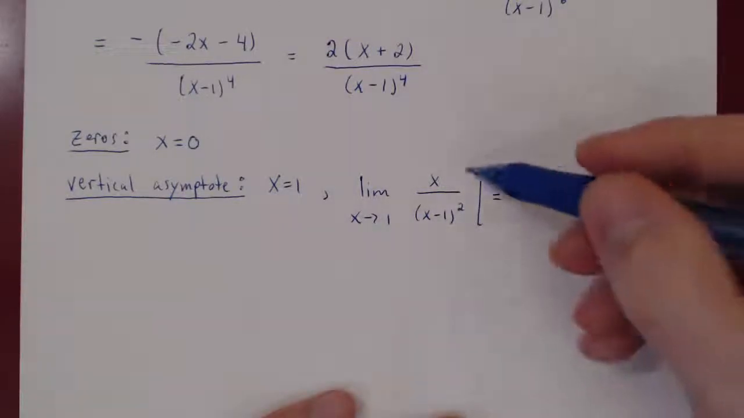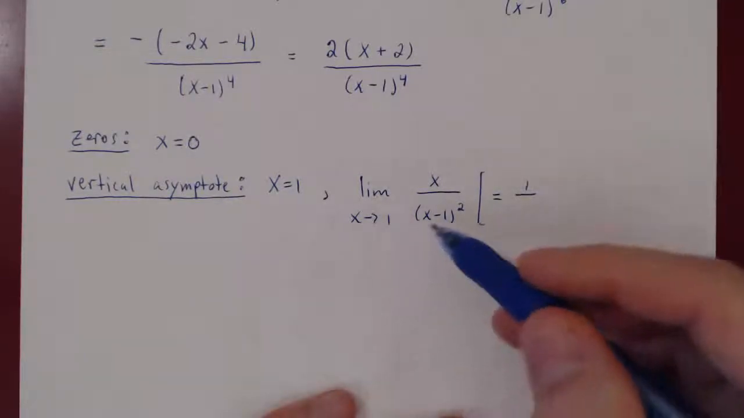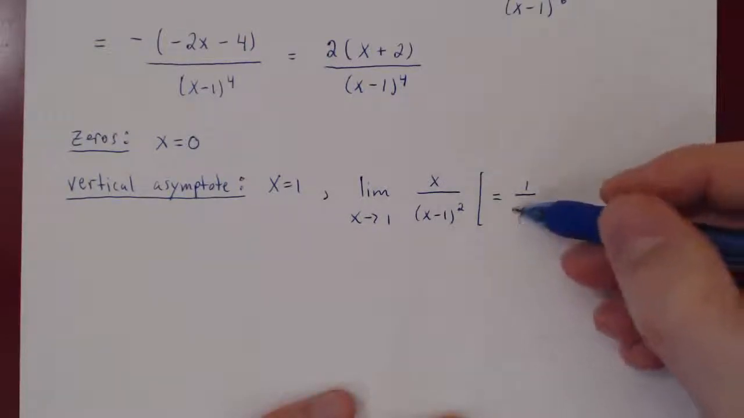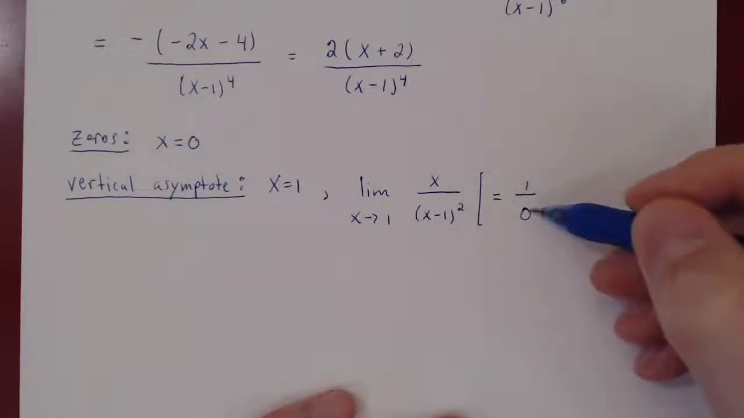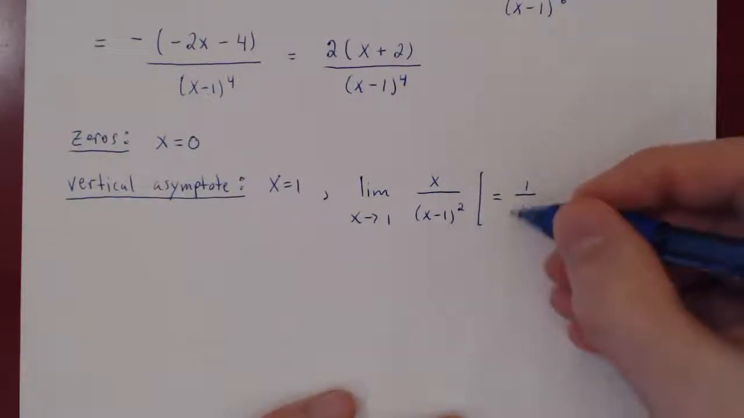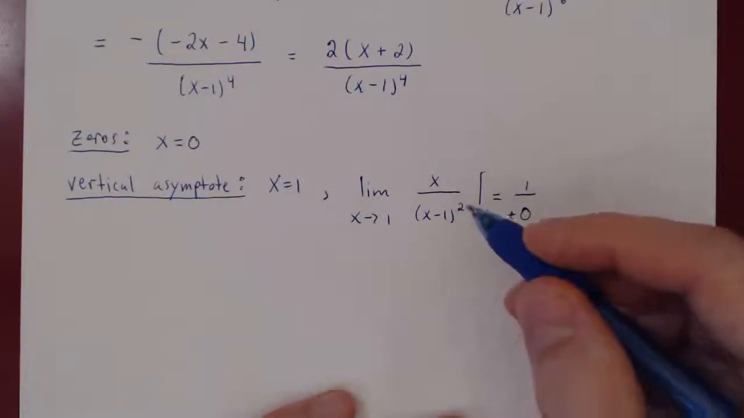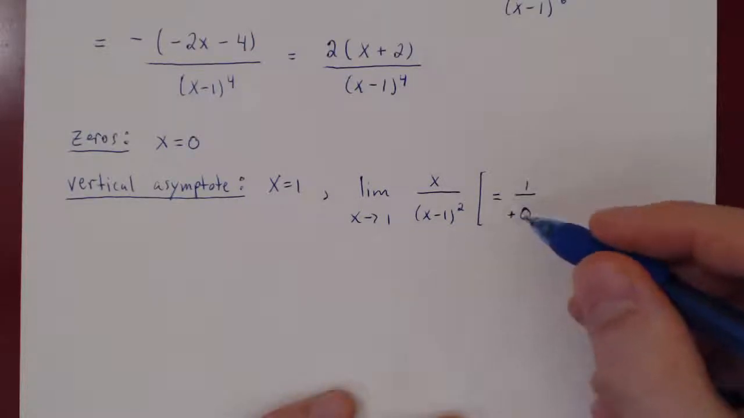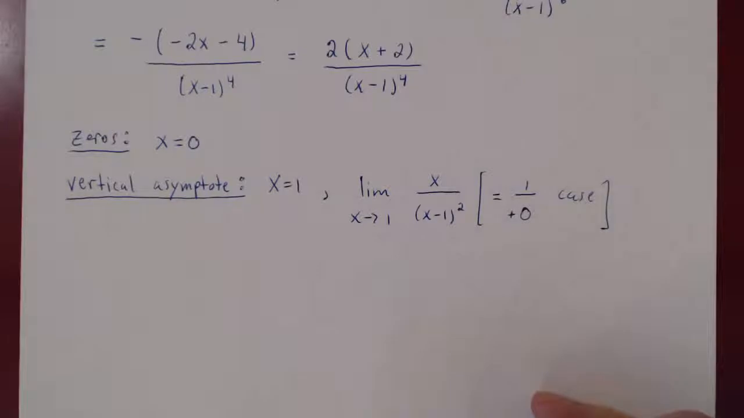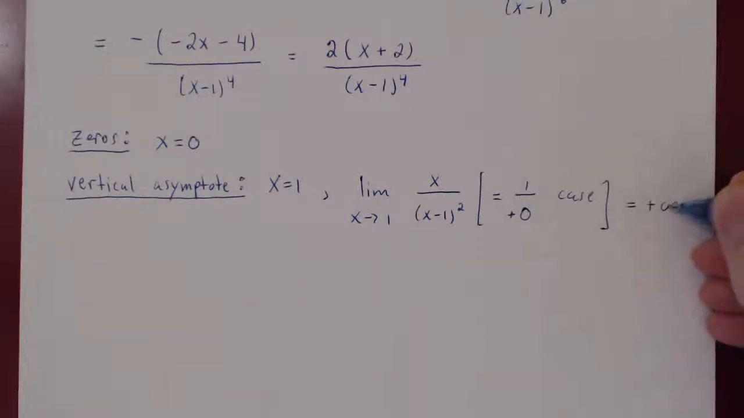Look at our case. As x approaches 1, x approaches 1 over, as x approaches 1, x minus 1 approaches 0. And there could be ambiguity here as to whether this is positive or negative, but we know it will always be positive because we are squaring it. So from the left of 1 or the right of 1, because we are squaring, we will always have a positive 0 case,